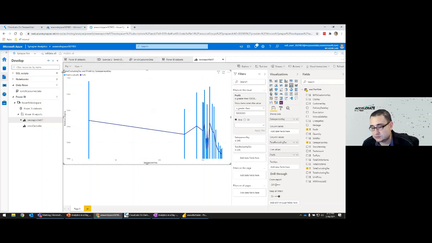Now, all of this is returned in sub-second execution times, because this is not data that has been imported into the cache that Power BI then has to filter. It is actually connecting to 12 million plus records. And it is sending that query directly to Azure Synapse, to that SQL pool that's hosting the database, executing a query with a where clause, which is filtering the data at the source, and then bringing that filtered data into the Power BI dataset.